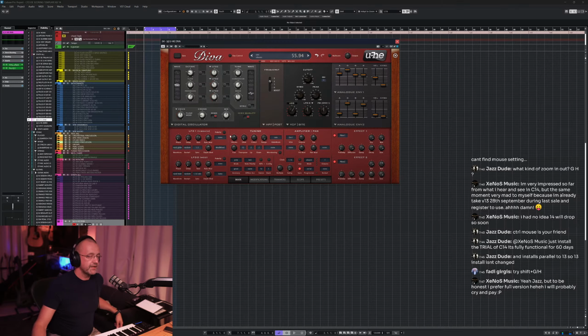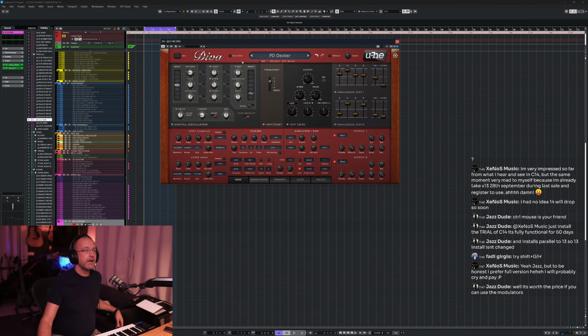Cubase does have something new in Cubase 14, which is called Modulators. If you are not familiar with synth programming, as I am, a modulator usually can be, for example, an LFO, a low frequency oscillator. Remember that sine wave going up and down? And instead of, say, let's look at the filter cutoff here, instead of us